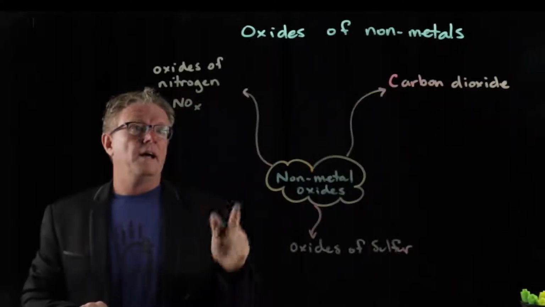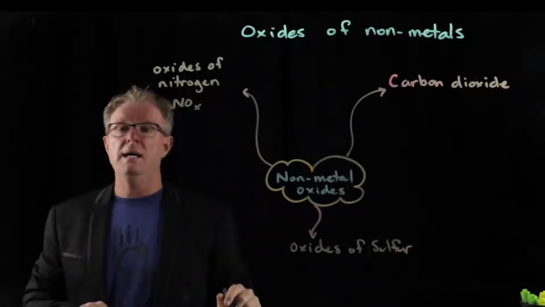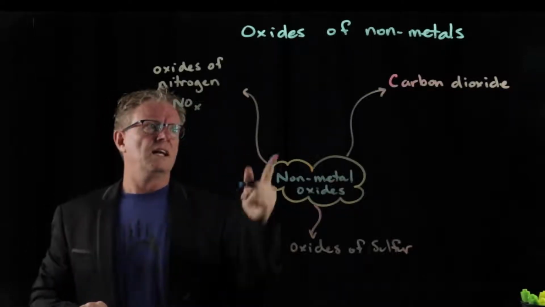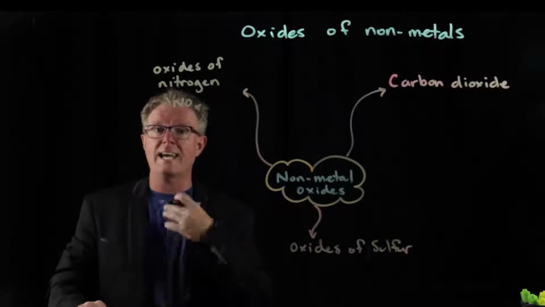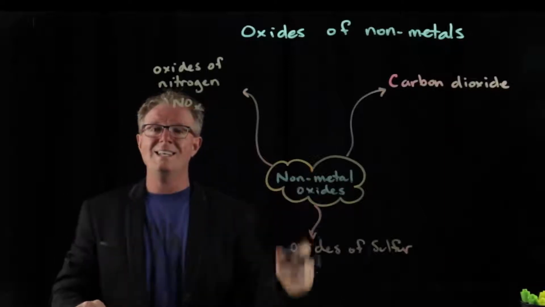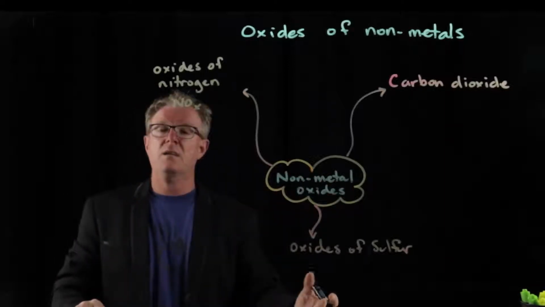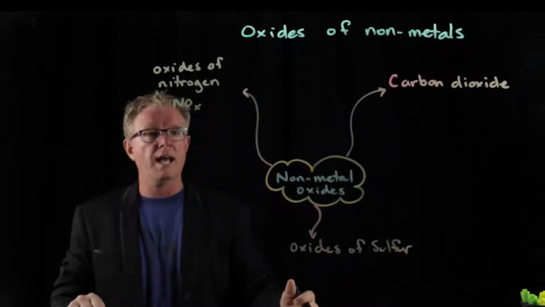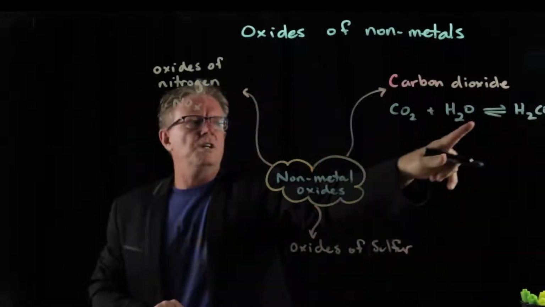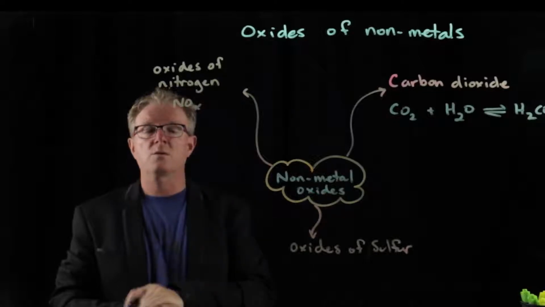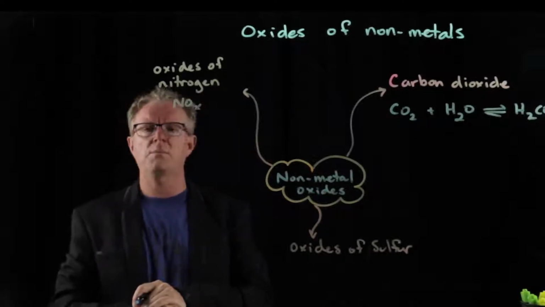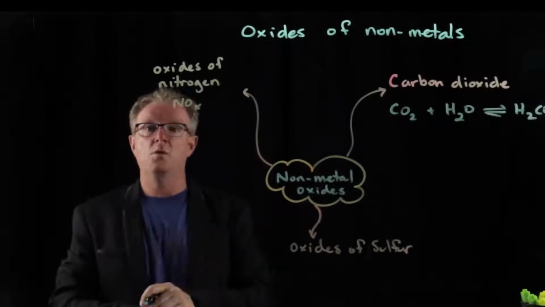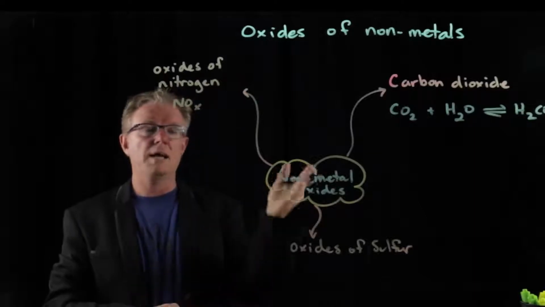All right, and we're back now looking at these three main non-metal oxides. Let's start with carbon dioxide. Carbon dioxide is a gas that we breathe out and is present in the air, and that can react with water to produce carbonic acid. So I've written an equilibrium sign there because it does go backwards and forwards, this particular reaction. It's an equilibrium reaction, and we'll look at that a little bit more later when we start looking at buffers,